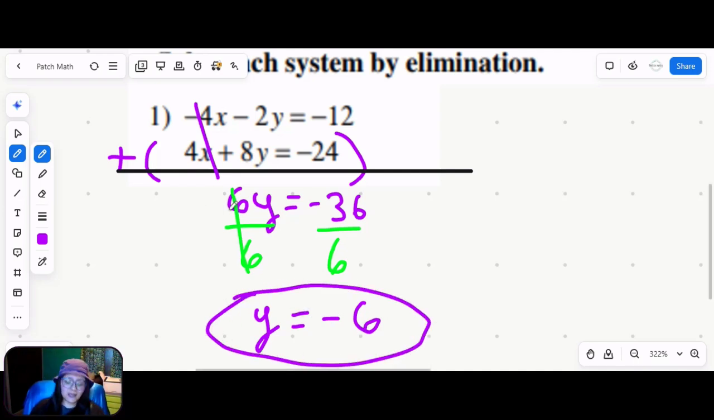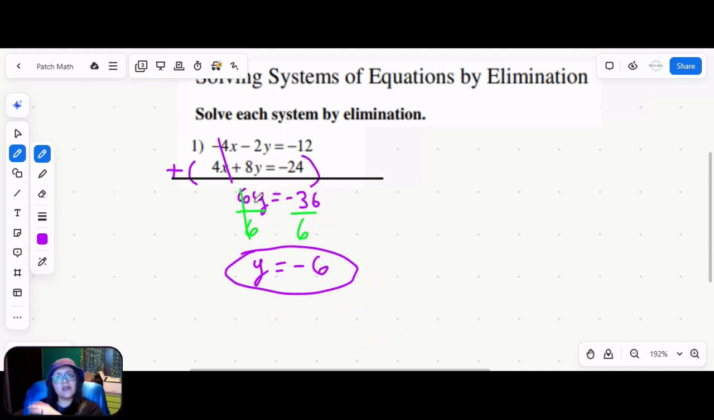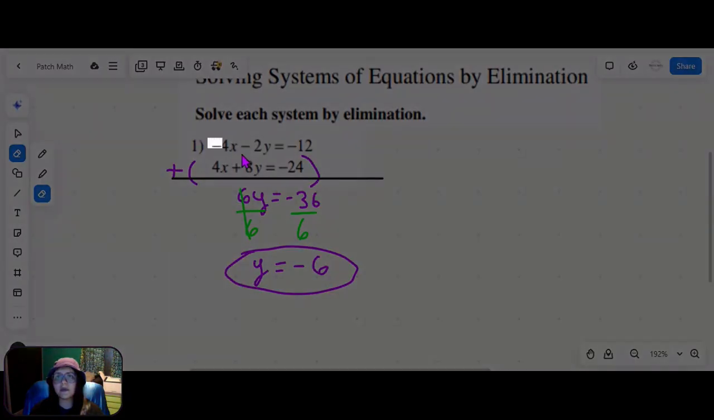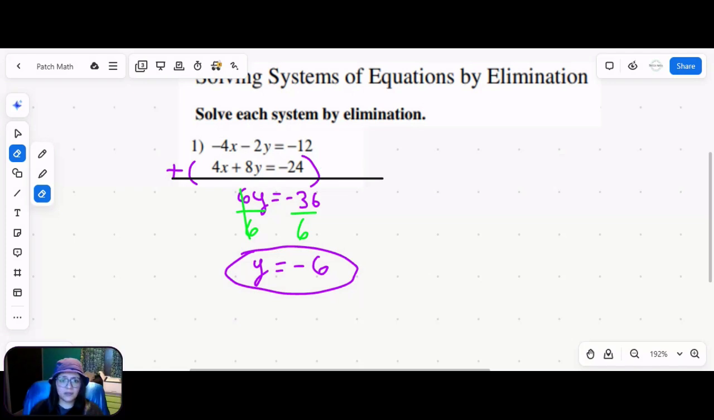We are not done. We have to find the x that goes with this y. Fortunately enough for us, we can choose either of the equations that we started with. And I prefer the first one, honestly, even though it has a bunch of negatives. I feel like it's going to result in smaller numbers. So I'm going to go ahead and bring that on down. If you recall